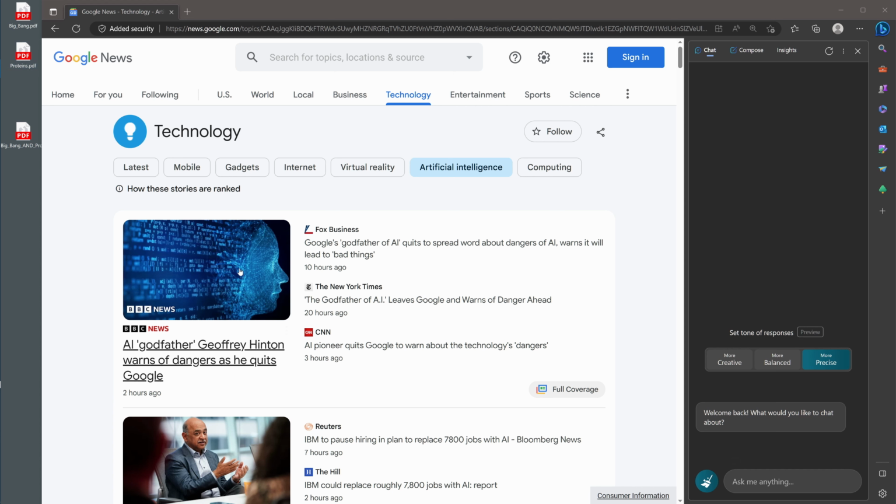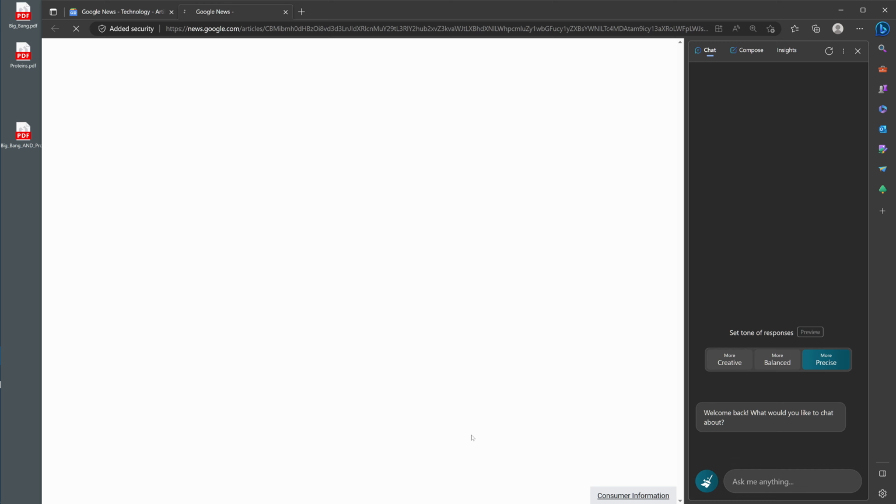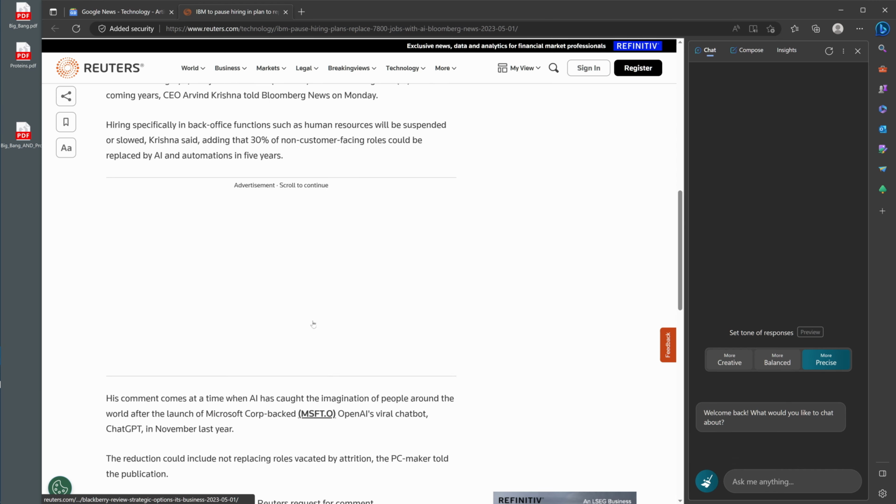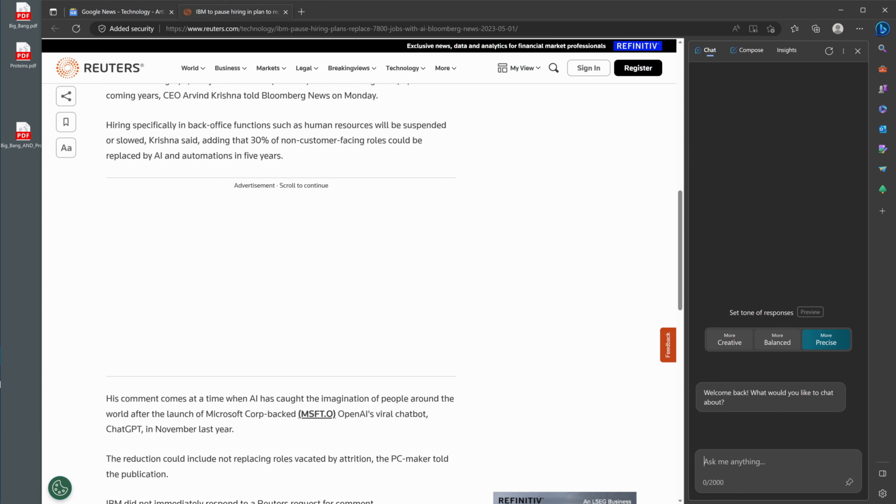So, we are here in Microsoft Edge browser. As you can see, I have here the Bing chat active. I have set the tone to a precise way because this is what we like. We have any web page, and you know this is easy. For example, here IBM to pause hiring and plan to replace 7,800 jobs with artificial intelligence. So, and yes, you can see here we have a very short thing, and you say, hey,